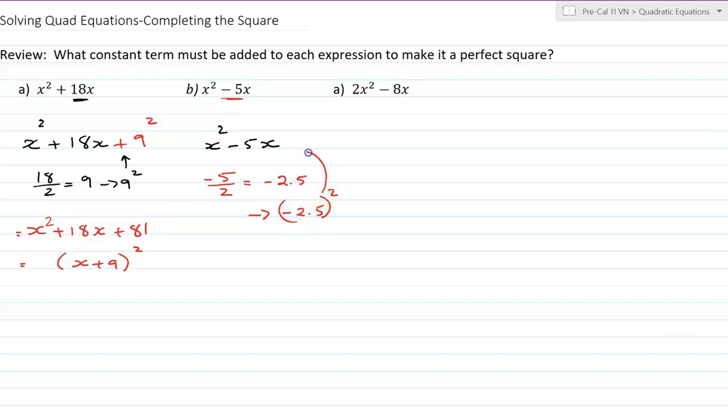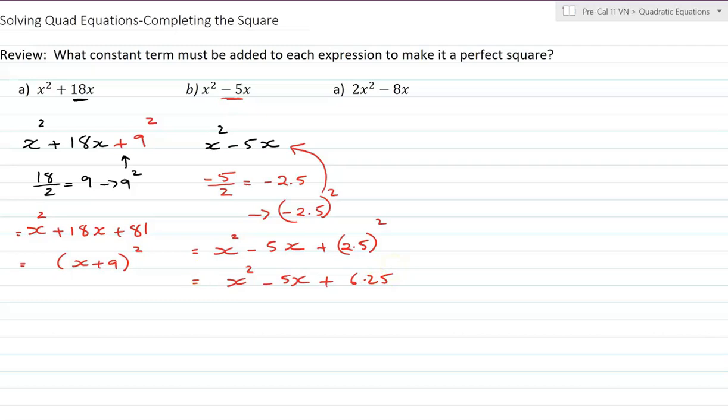And then take that and add it. So your answer now will be x squared minus 5x, and then plus 2.5 squared. All right, and if you want to actually find out what the 2.5 squared is, that's okay. That's, I believe, 6.25. Okay,